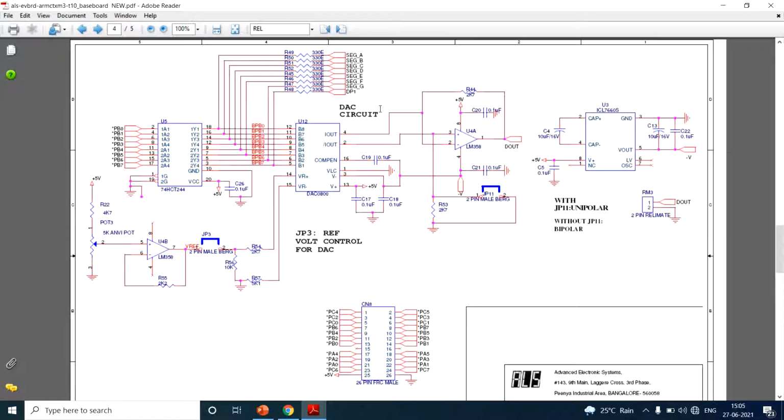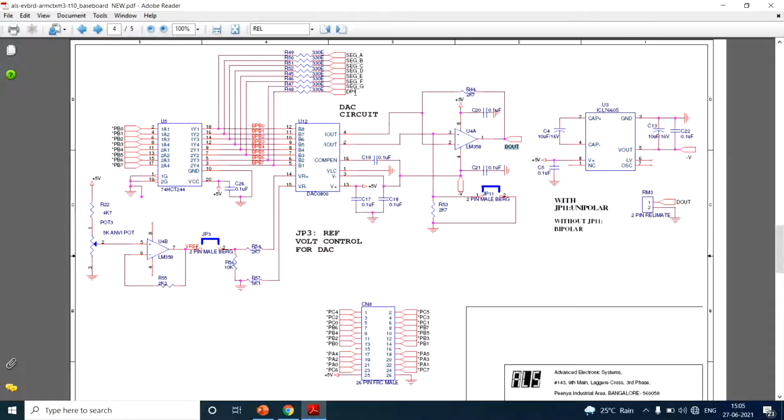So next and the last circuit is the DAC circuit, right? So we know that what is DAC? Digital to analog converter. So for that, what are we supposed to give? We are supposed to give digital input, and then we are supposed to get analog output. Okay. So if you scan the overall network, you can find out that PB0 to PB7 are the inputs, and then Dout is the output.